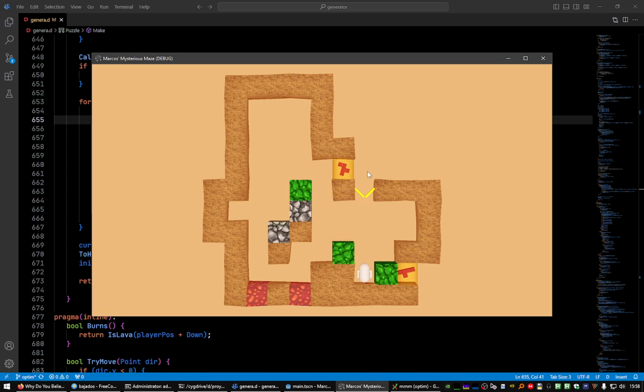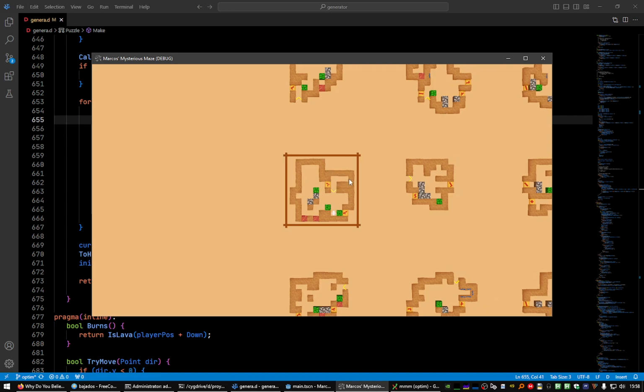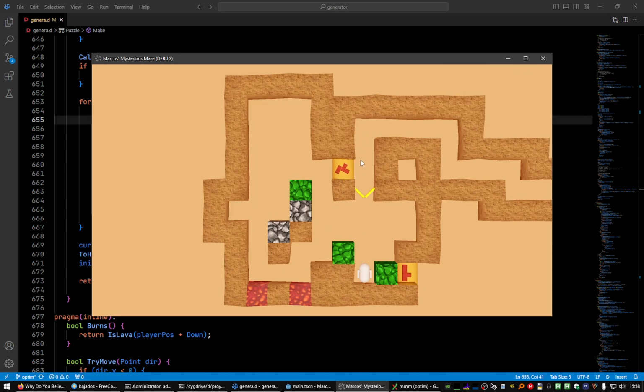For example, let me show what I mean. Suppose you access this level from this solution in this other level. You access the entry, but when you solve the puzzle, you are in a different hallway,